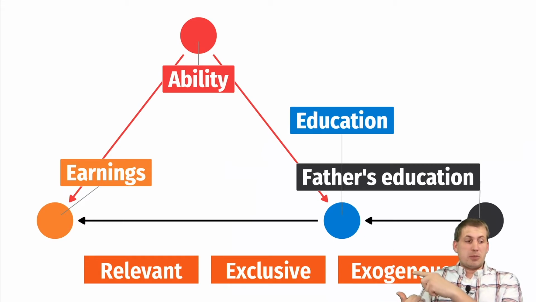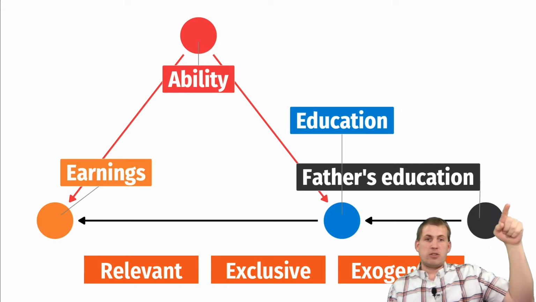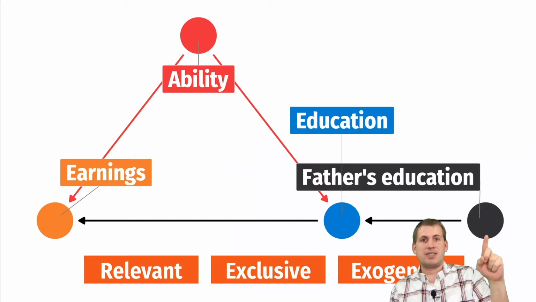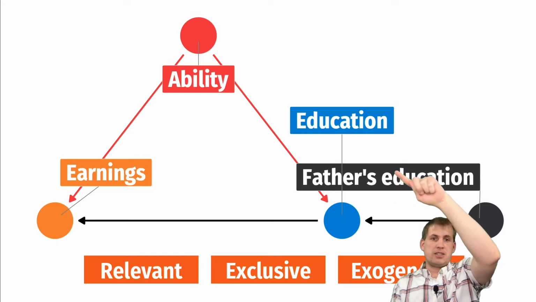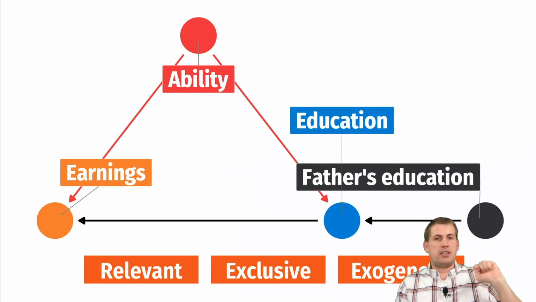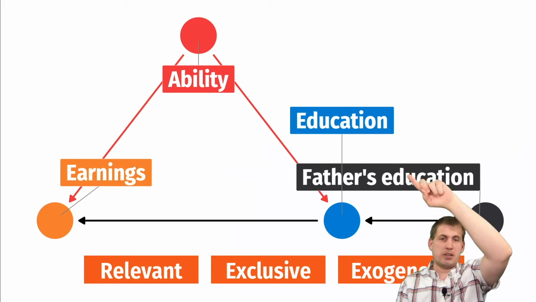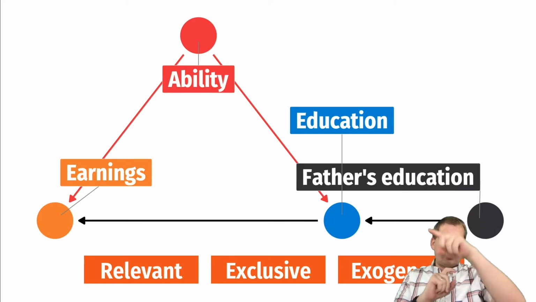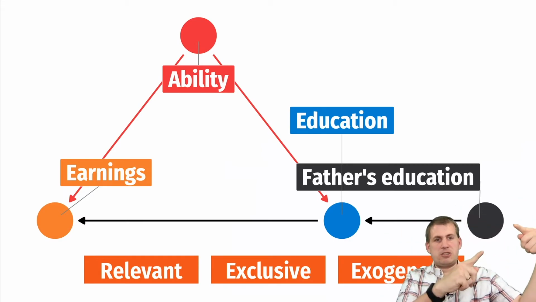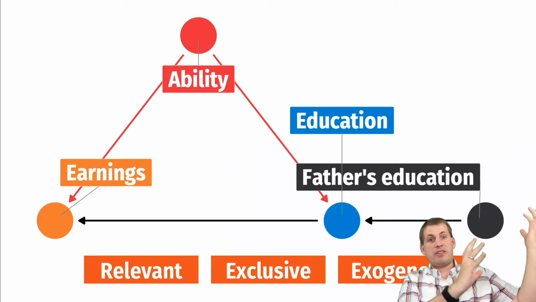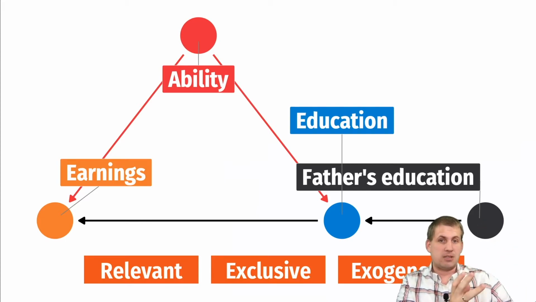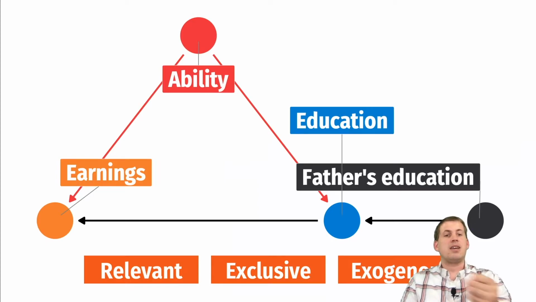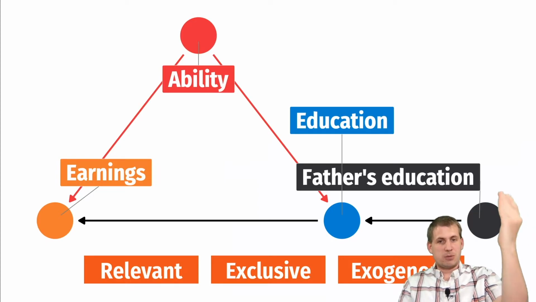The exogeneity part of this means that there's no arrows pointing into father's education here, that it stands by itself. Your ability does not cause your father's education. We can't draw an arrow between that red node up at the top and this here. That doesn't make sense. We can't draw any other arrows into this instrument here. It stands alone. And the fact that it stands alone means it's exogenous, and so we can go with that. So we can arguably, if we lived in the 90s, say that this is a good instrument because it's relevant,